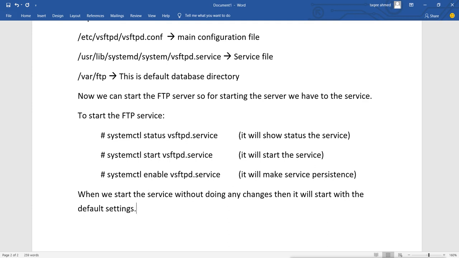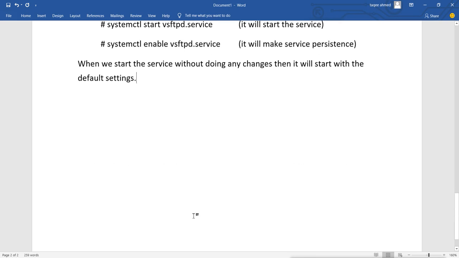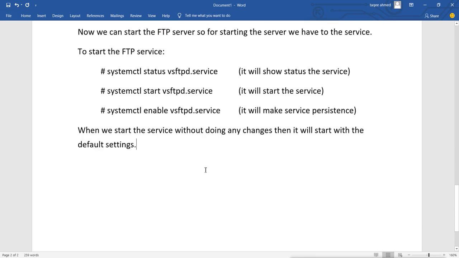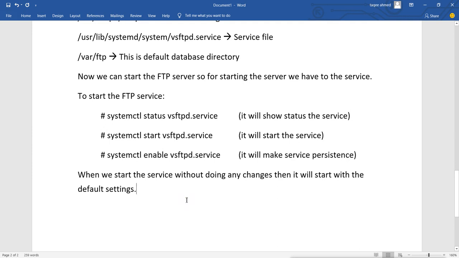That means we have not made any changes, so the server is starting with whatever the default settings are. Every server has its own default settings.